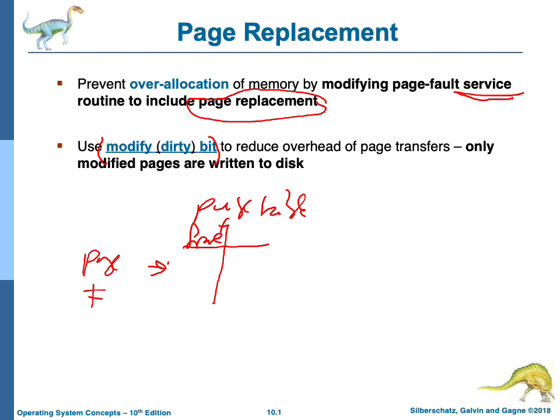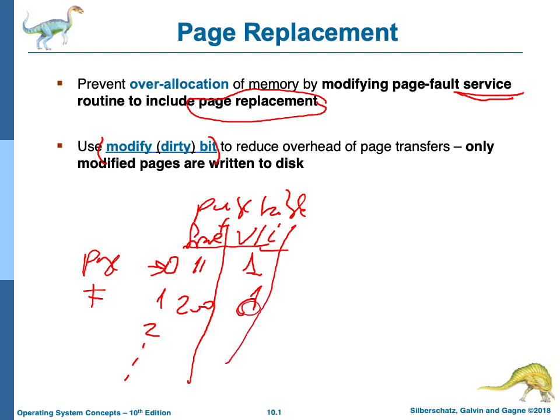So for instance, index 0, 1, 2, and so on. And then the corresponding frame that this page is allocated to, for instance, frame 11, frame 200, and so on. And then we add the valid invalid bit, so set to 1 or to 0 when it's not memory resident. In addition, we add the modify bit,